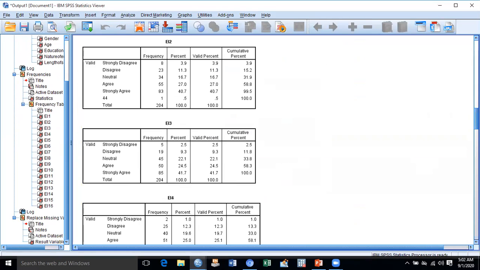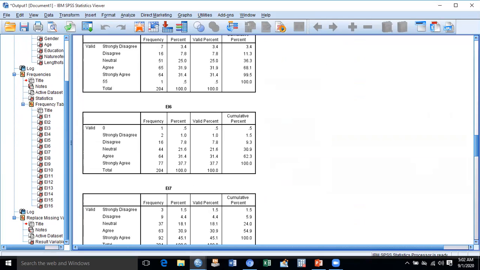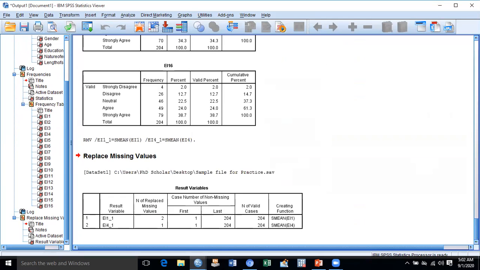Look, it is showing that there were two values which it has replaced already. In E1 and EI4, it has replaced those values as well.